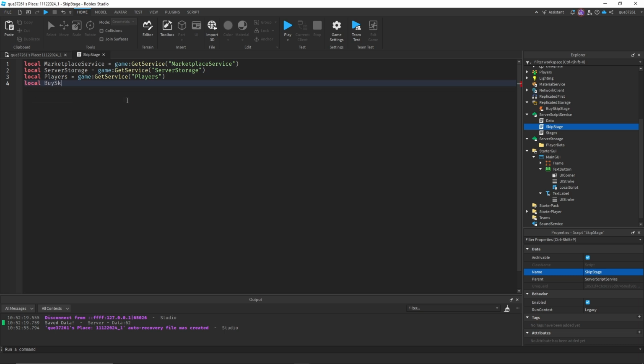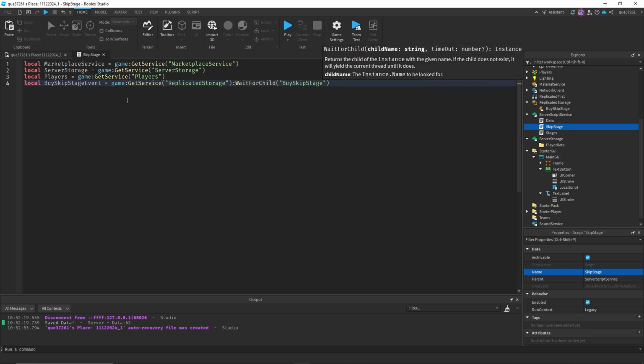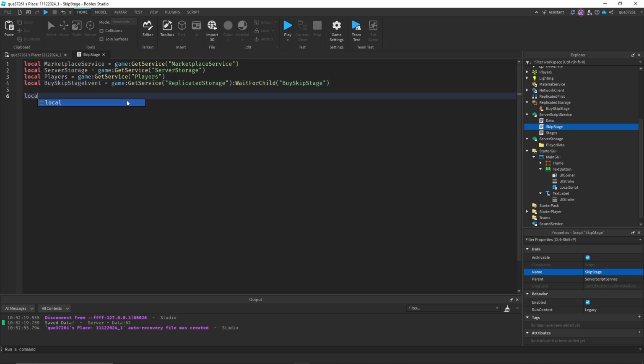Local skip stage event is equal to game get service replicated storage wait for child skip stage. Local player data folder equals server storage wait for child player data. Local spawns equals game.workspace.spawns, and then local function process receipt